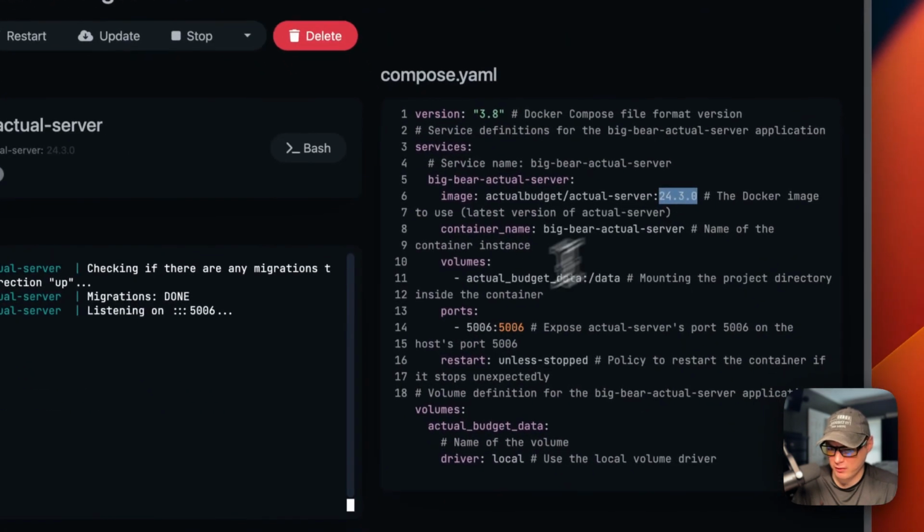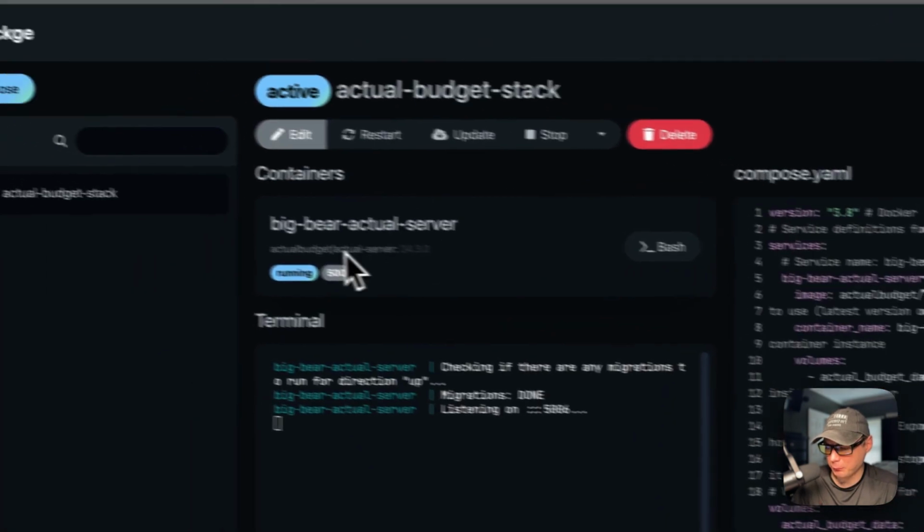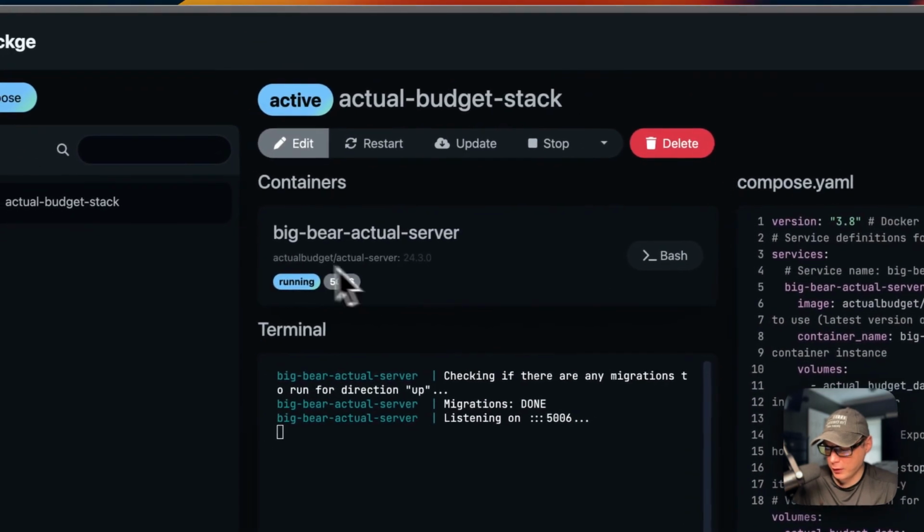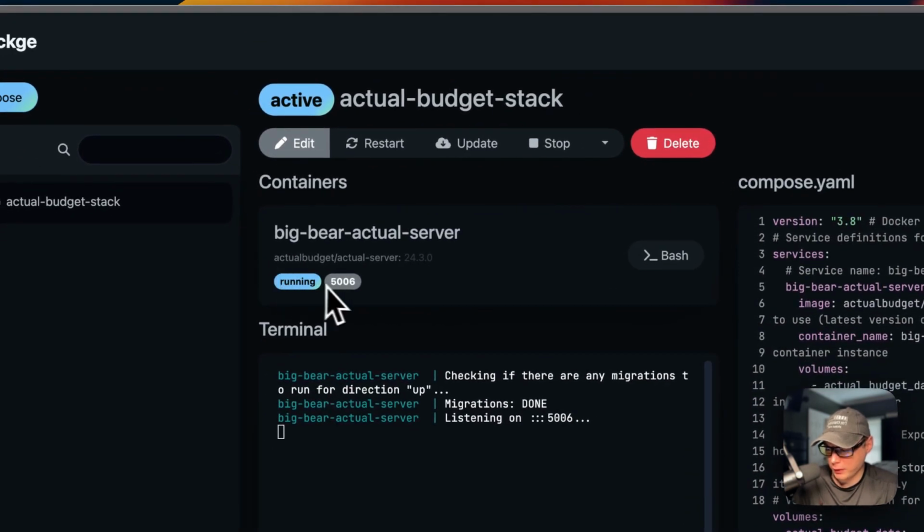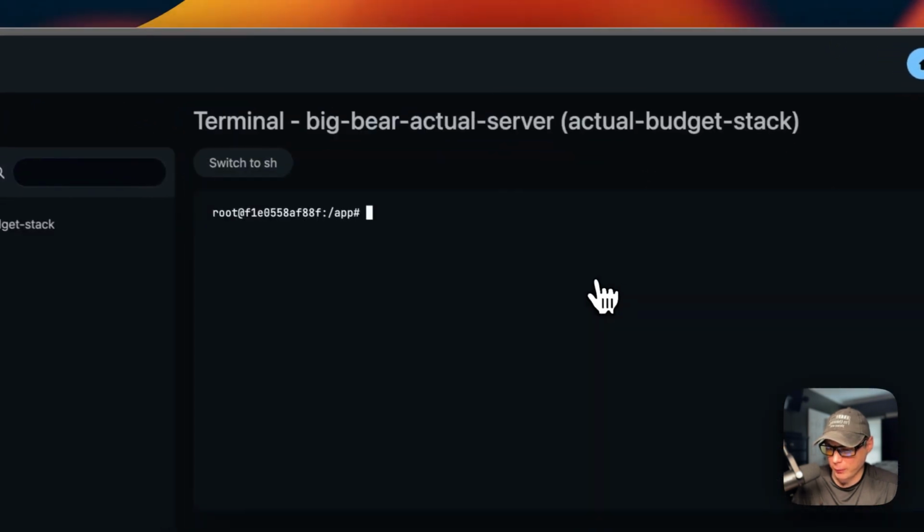It won't change this tag. And so you'll see containers down here. So you can see the running and you can see ports. So you can click this and go to the UI. You can also go into the container